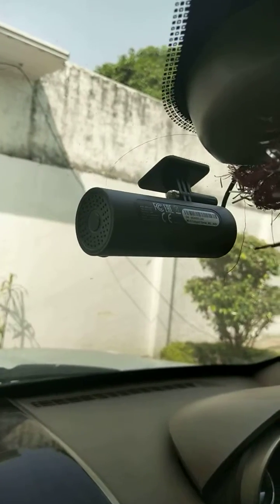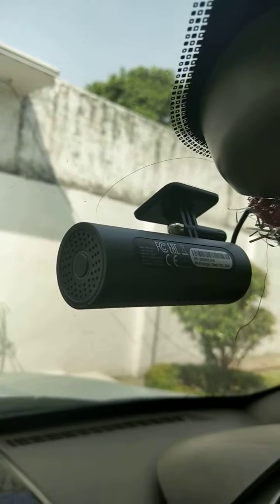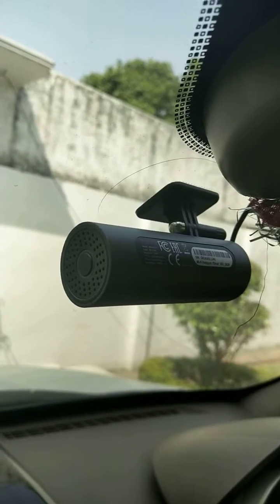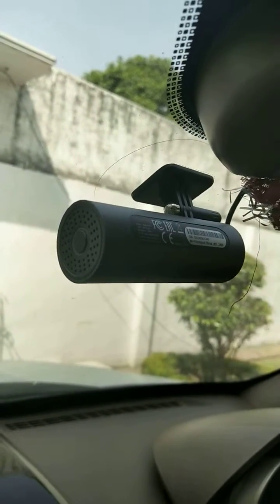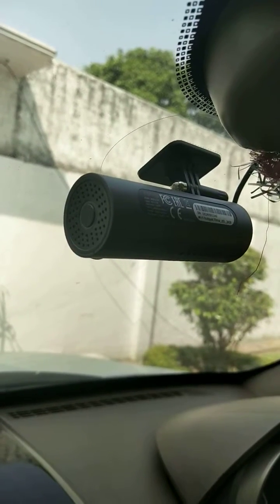Hey guys, I'm gonna show you how I've attached the dash cam on the XUV. So as you can see, there's the electrostatic sticker that I got in the box. So just clean the surface, put the sticker, and there's a designated mark on the sticker where you need to